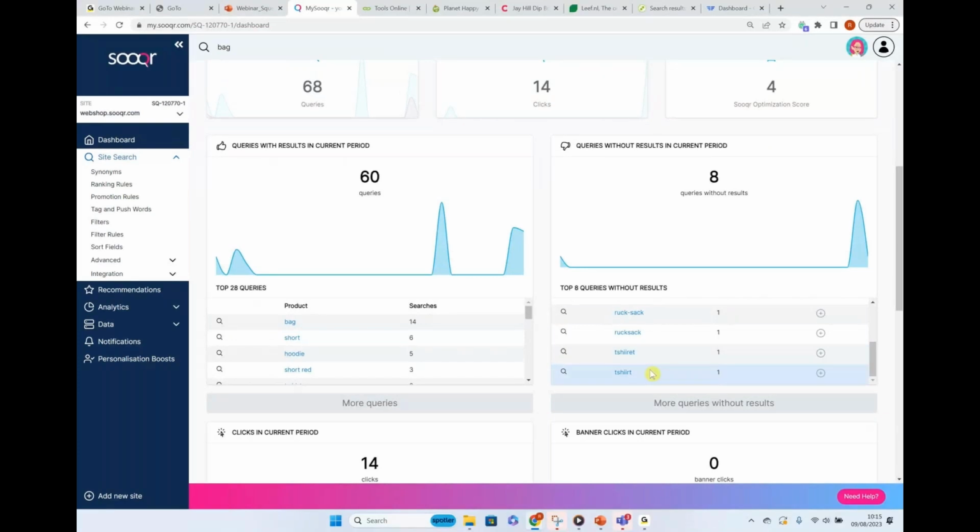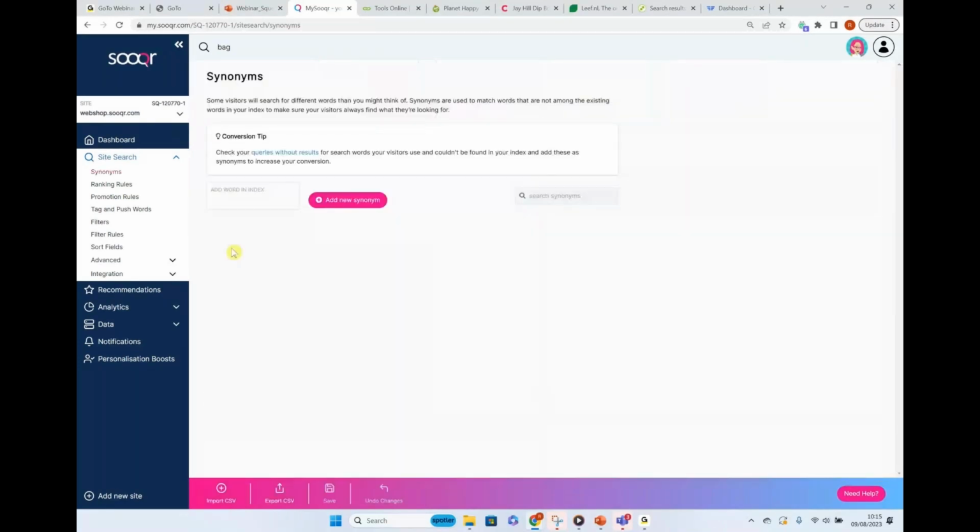So let me go and show you that now. To make sure you align your descriptions of your products in your XML feed that maybe have been made and created many months or years ago with your current audience's search language, it's very easy to do that. So with bag, I may want to add rucksack as a synonym, add that in, and maybe backpack, hold all. Once you've added those, then they will automatically save, and then you can start testing them at the top in your